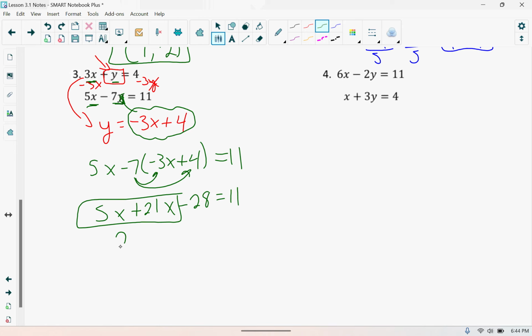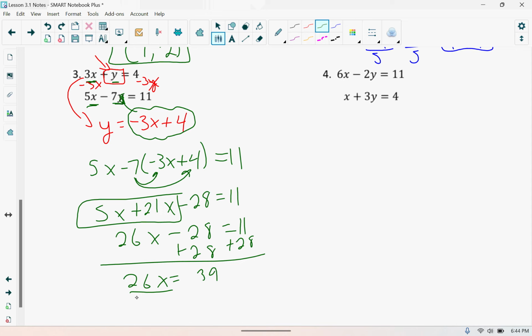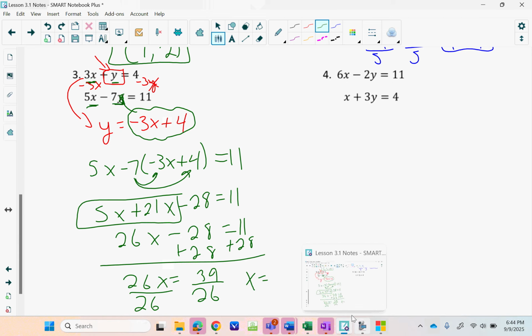So this is 26x minus 28 is equal to 11. I'm going to add 28 to both sides. That's going to be 39. I'm going to divide by 26, and x,